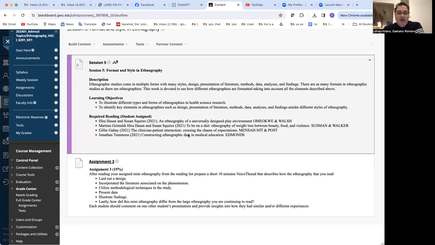It doesn't matter what sort of paper you're writing, it could be totally quantitative. You need to figure out a way to present the data that doesn't provide your entire database or your entire code book. There has to be a way to represent the data so that the reader can see how data and analysis has contributed to what the finding is. And in ethnography, the finding is the story that is being told.